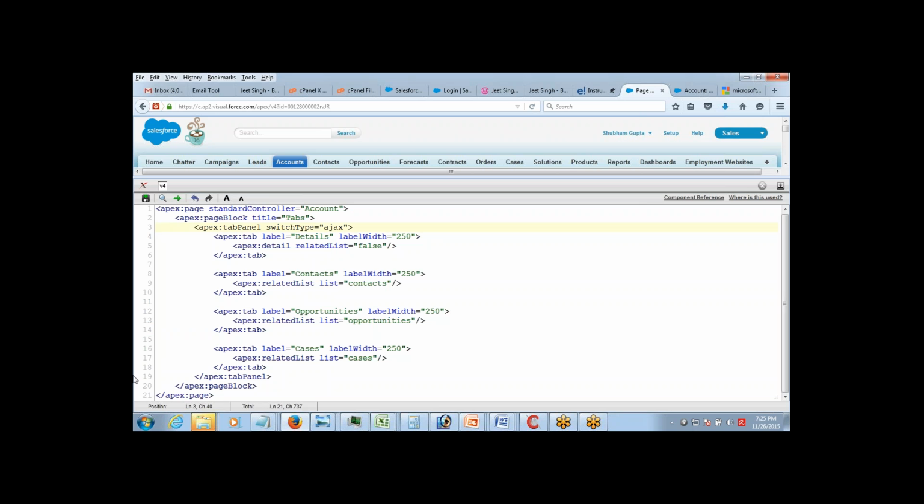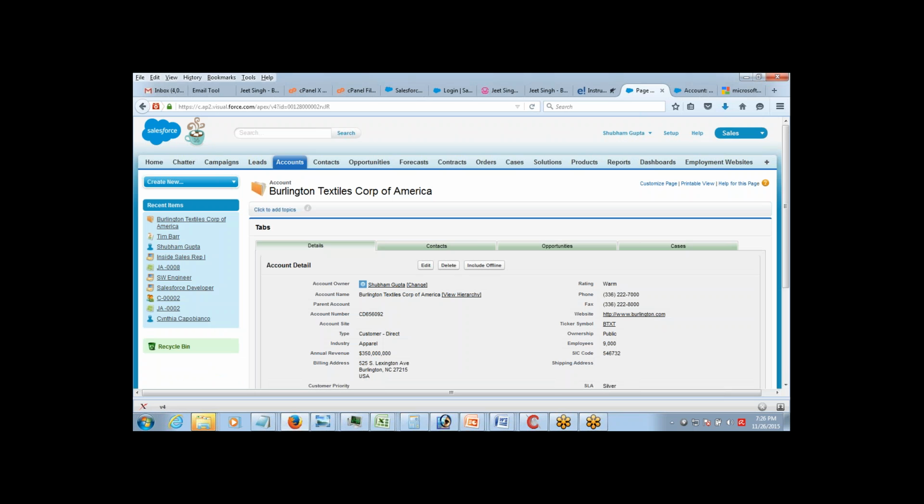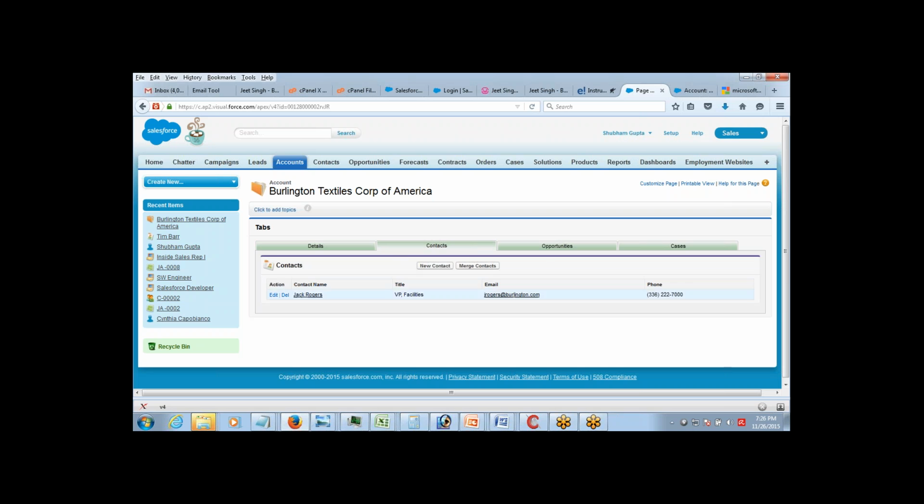So here you don't have to do much about it. All that you have to do is make switch type equals Ajax, and this will automatically do the partial refreshes. So now the moment you click on a tab, the entire page is not getting refreshed, only this section, whatever is required, that's being refreshed, right? Okay, so